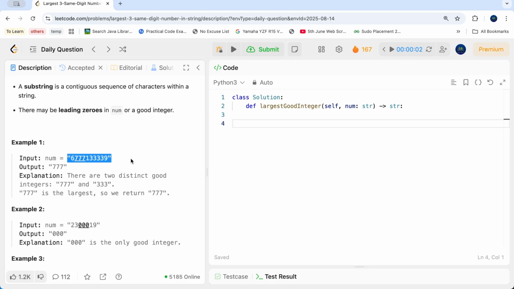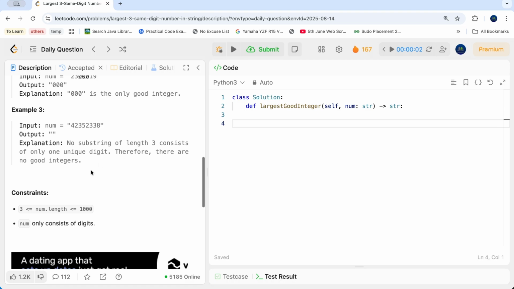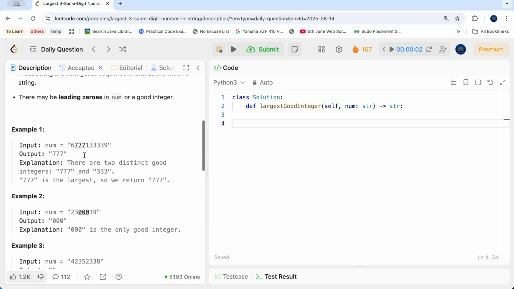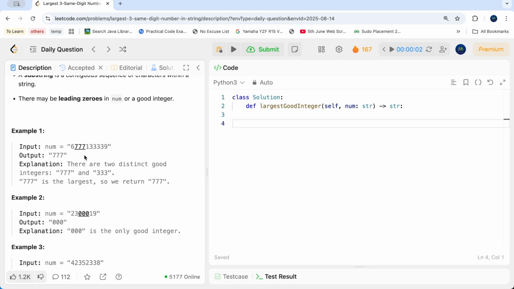Basically, you are given a string and this string is representing a number of length at least 3, up to 1000. What you need to find out is the largest 3-digit number in your string in which the 3 digits are made up of the same digit. That is, your 3-digit numbers can be 111, 222, 333, 444, something like that, right? But your string can contain multiple such substring numbers. So you just need to return that particular string of 3 digits which